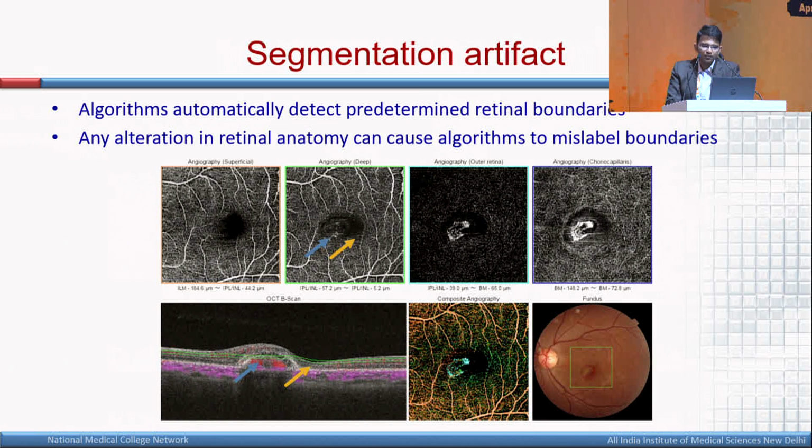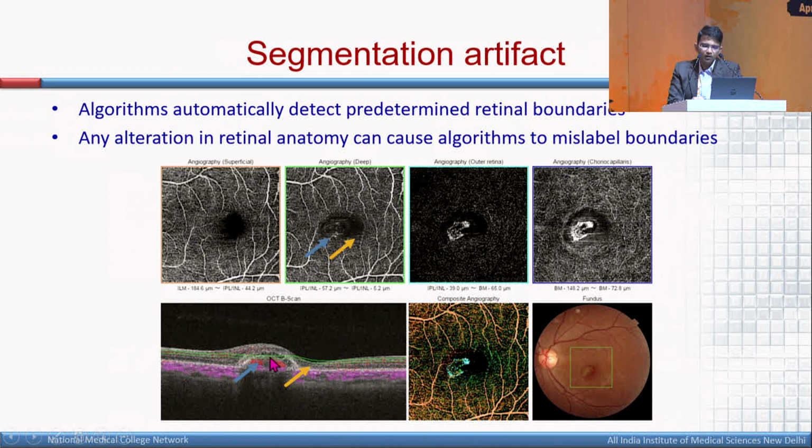which is there in the choriocapillaries at the sub-RPE level. But because of the hump, if you see the green lines, which denote the slab of the deep plexus, you see that it is going above this hump, going through the hump, and adjacent, as the yellow area shows, it is going in the pre-retinal area. Because of that pre-retinal area, you're getting a flow void in the middle picture over here. This is the flow void that is happening because of the slab going anterior to the retina.